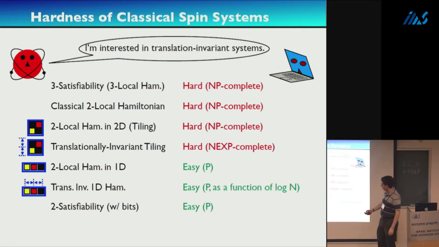On the other hand, if we go to 1D translationally invariant Hamiltonians, we know it should be easy, but it turns out that it's actually very easy. Whereas the non-translationally invariant case takes a time that's polynomial in the number of particles, the translationally invariant one takes